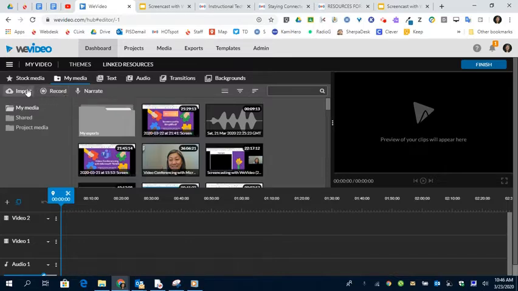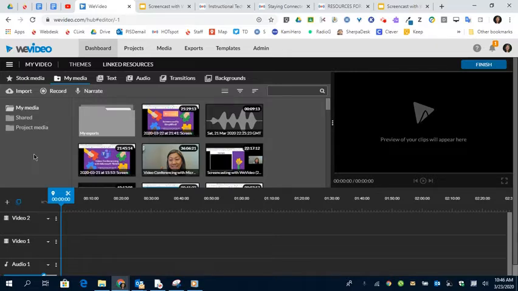You have the option to import. If you've already created a video, you created a video on your phone, a quick little check-in message, you can import it, add it here, and then make any edits and then share it. If I want to record right within the program a little quick screencast, I can do that here. And I can also just do a voice narration. And I can voice over. So if I have an image and I want to talk about the image, I can click narrate, and it will narrate whatever I need to provide the information for that